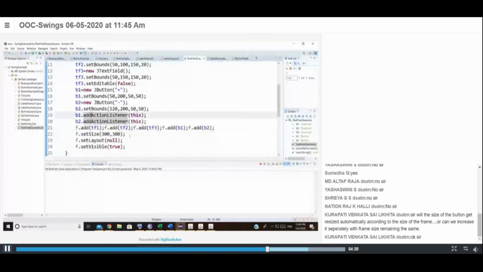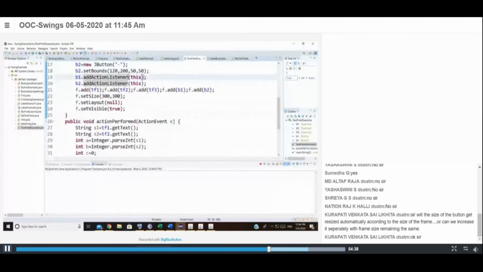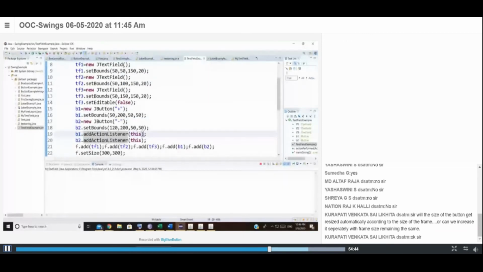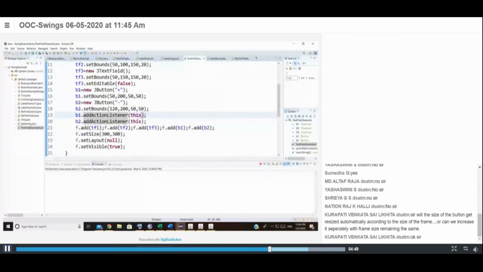You can add some text if I click on something. You can even close the application if I click on that button. You can even minimize your application if I click on that. Whatever action you specify within this function, that action is going to be taken care of. So see, I'm going to use two options. If I press this plus button, I'm going to add the values coming from tf1 and tf2, and I'm going to print that value in tf3. That's the action I'm going to use in this function.